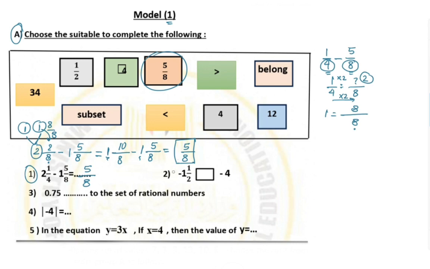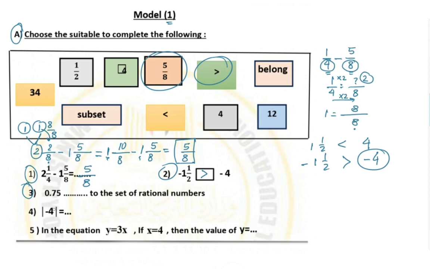Next we have question number 2, minus 1 and a half and minus 4. So greater than or less than. We know that 1 and a half is less than 4. But minus 1 and a half and minus 4, it's the opposite. Why? Because minus 4 is to the left of minus 1 and a half. Now minus 1 and a half is greater than minus 4. Greater than. Choose this one. Third,